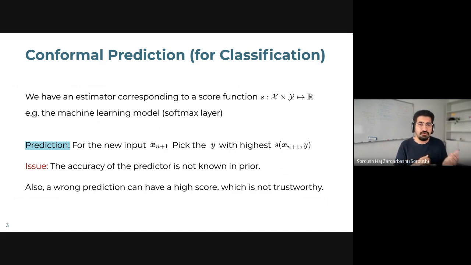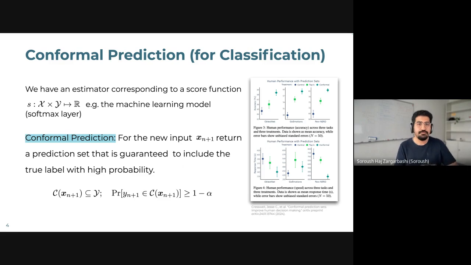One case is that you can say, I just take the top class, I take it as a prediction, and I use it. But the point is that this top class prediction is not always a trustworthy source, because the accuracy of the model is not known prior to the labels. All right, and basically this softmax or other scores that you define here could also be miscalibrated. So it could be a false prediction with a really high confidence. But as an alternative, you can define conformal prediction. So you can define prediction sets instead of one prediction, but you can guarantee to include the true label in 90% of the times or 95% of the time.